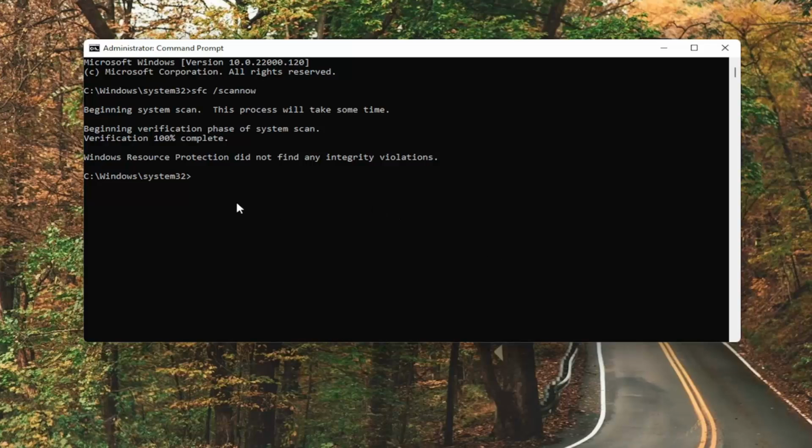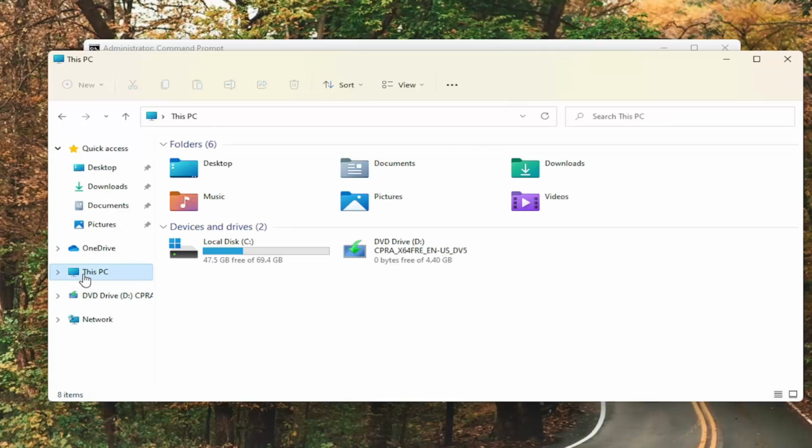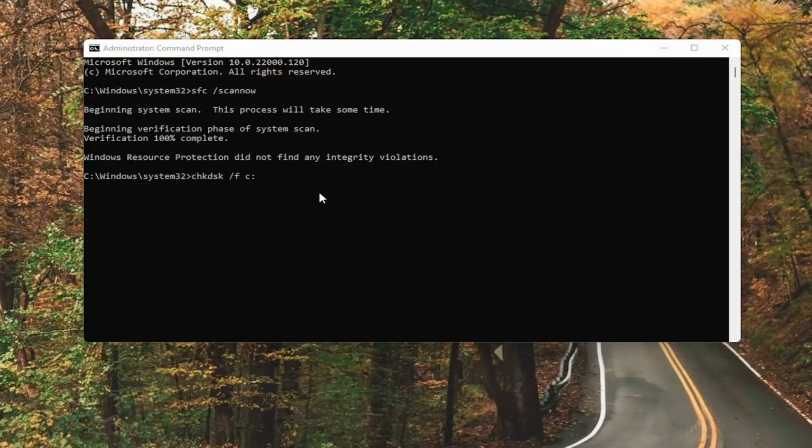Okay, so once that's done, type in CHKDSK space /F space C and then a colon, so C colon. You see how you see it on my screen here. And the C will be dependent upon what drive Windows is installed on, so it's C in my case, but if you open up File Explorer, select This PC on the left side, you can see a little Windows icon above the hard drive and your disk drive letters right here. So just swap out the C with the correct drive letter if it needs to be different in your case,